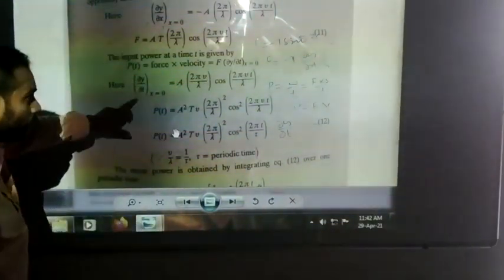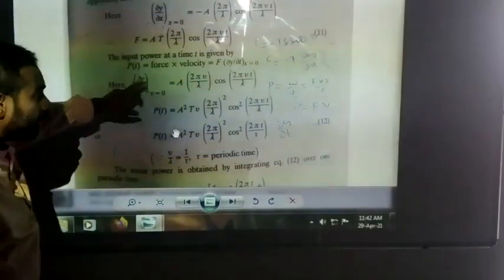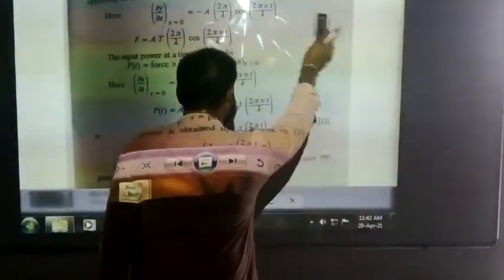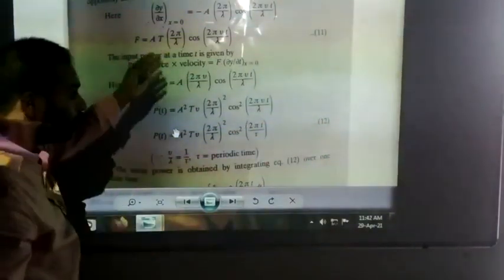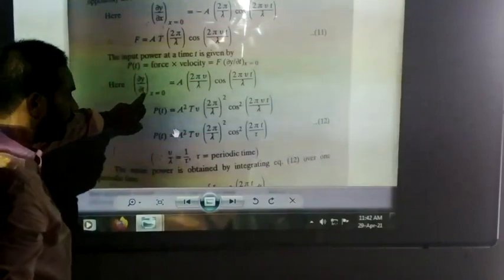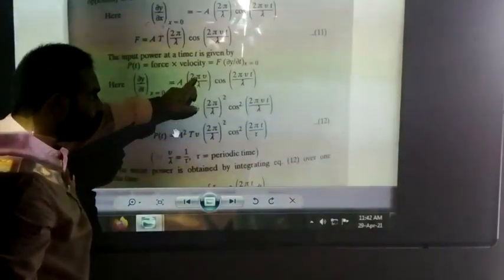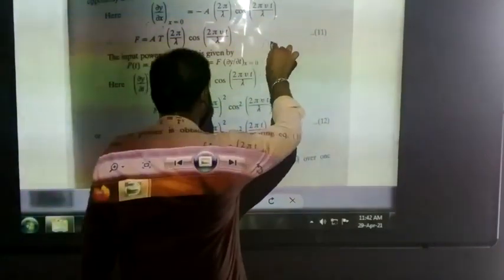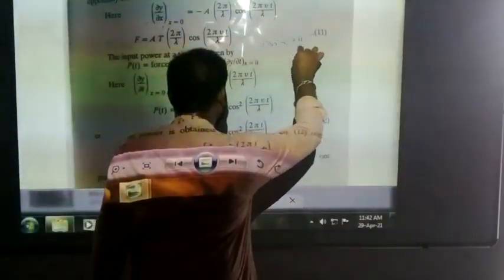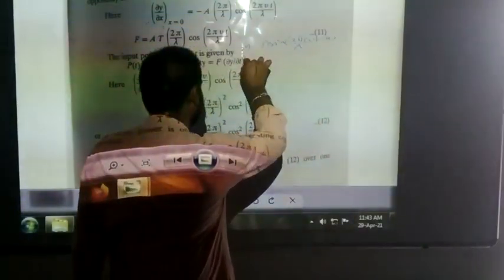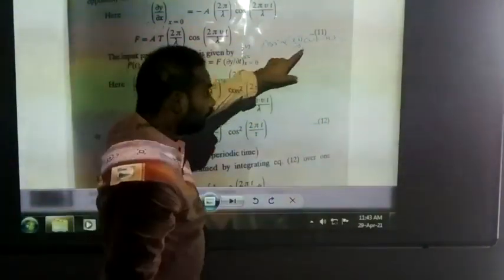So now we are going to find the ∂y/∂t value. What is y? Till now we discussed: a sin(ωt − kx), or a sin (2π/λ)(vt − x). Differentiating with respect to time, we will get a 2πv/λ cos, because we have to differentiate a sin (2π/λ)(vt − x) with respect to t. So we will get what?